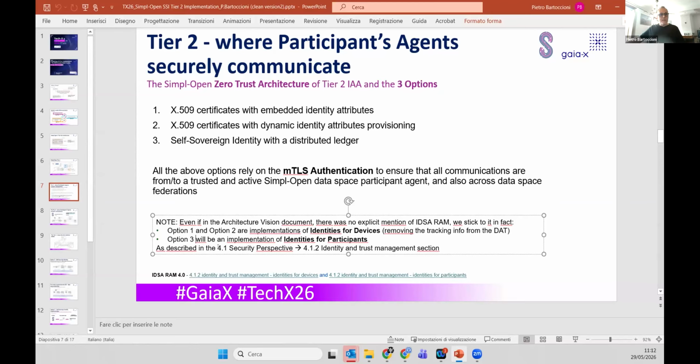Option three will be, as I said, an implementation of identity for participant, which the IDSA RAM defined as a baseline. Any other protocol implementation, like the DCP, like OpenID Connect for VC, and all the other SSI-based and verifiable credential-based identification, authentication, and authorization implementations rely on, and are identified by, the identity for participant in the IDSA, so in the data space protocol definition. Going on,